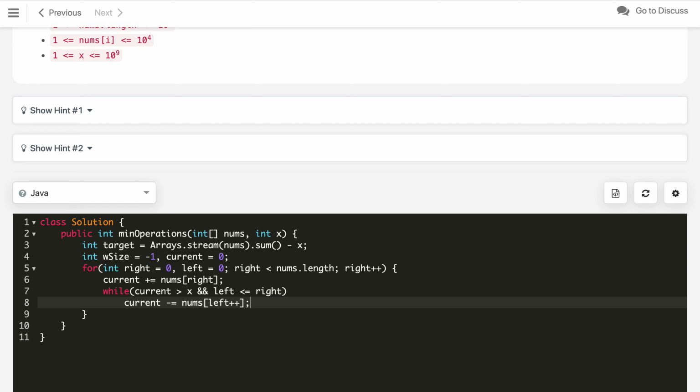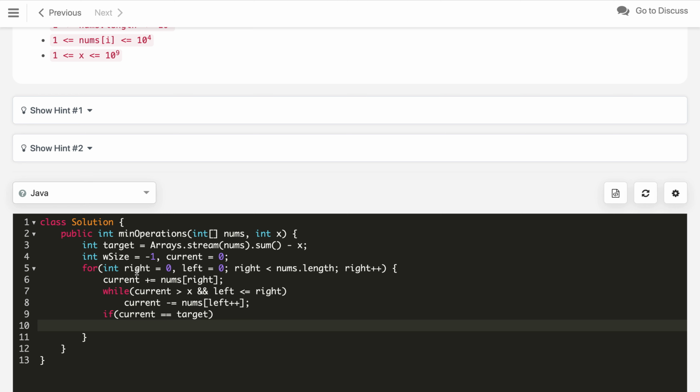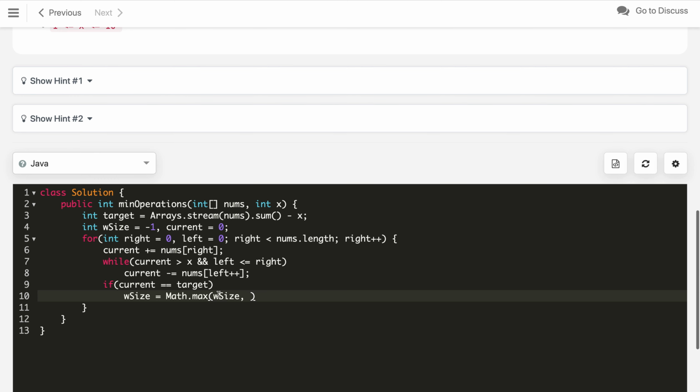We keep doing it until our current sum is no longer greater than x, and once that is done, we check if our current sum equals our target. If it does, we update our window size. The window size will be updated by Math.max of the previous window size and the new window, whose size is right minus left plus 1.